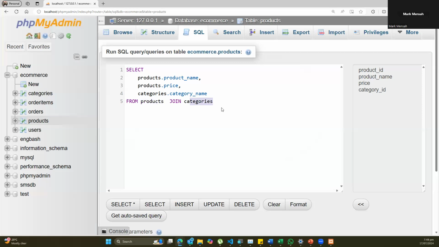Now the question is, how am I joining the two together? When two people get married, they join with the ring. Whenever you do something in which two people have to come together, there is a contract. What is the contract? That is showing that products and categories are joined together, are combined together, are supposed to behave as one. What is that contract? So I'm telling the computer again that products join categories on